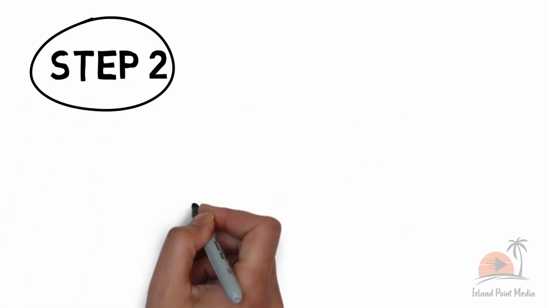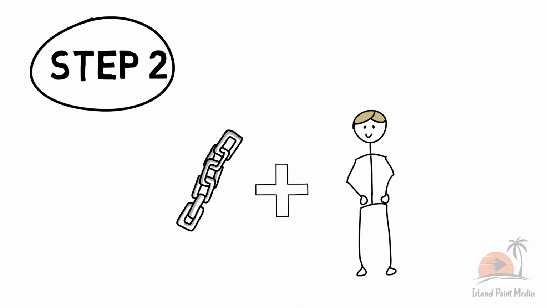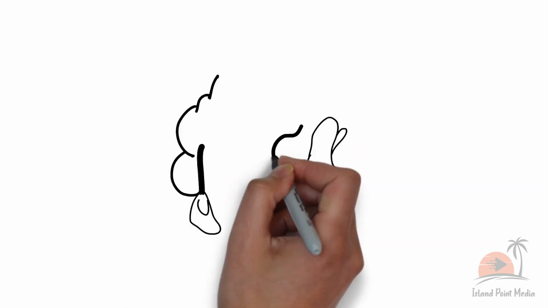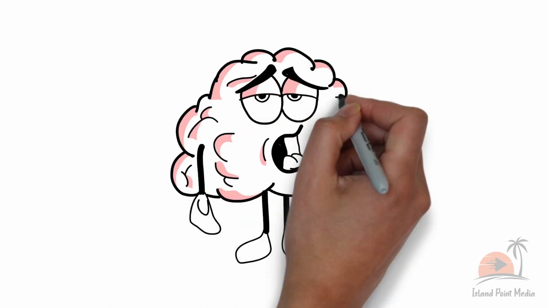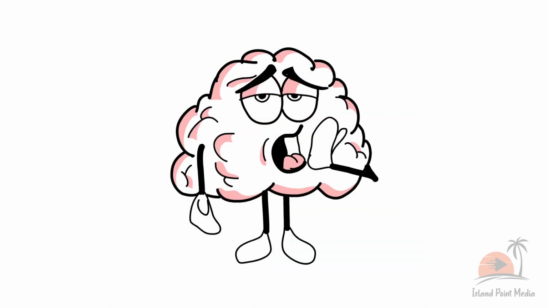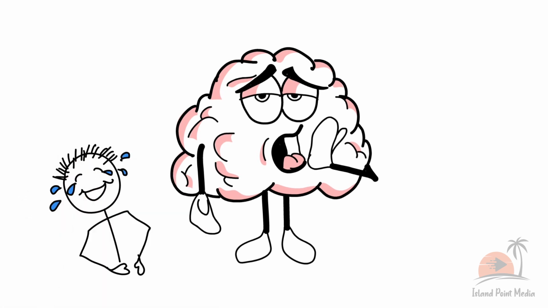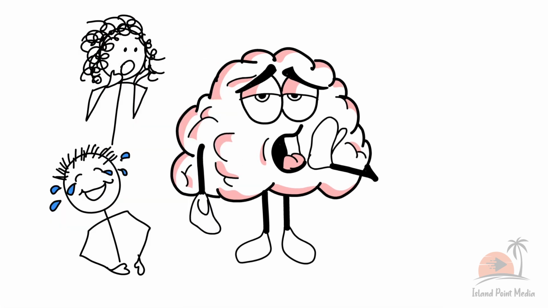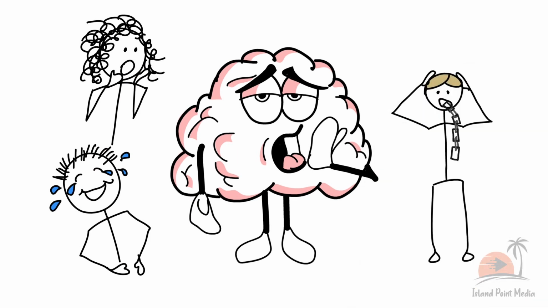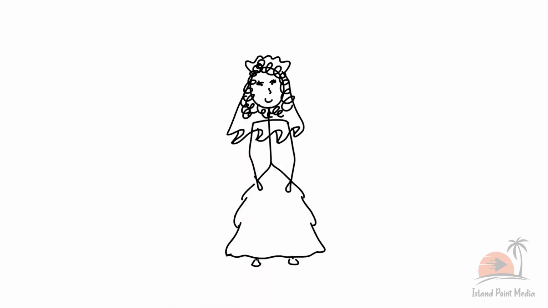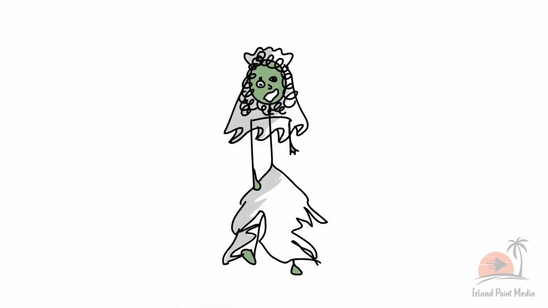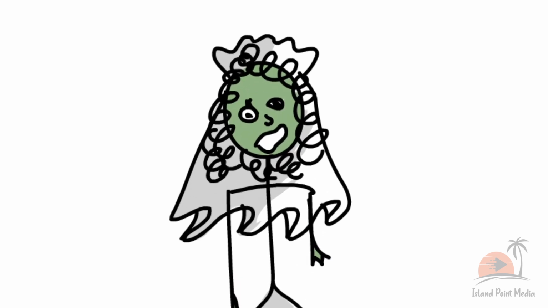Step 2 is to associate it to the person you meet. But we have to avoid another thing we know about brains. Our brains ignore and forget the ordinary, so don't make your association something that is too realistic or boring. The funnier and wackier the image, the easier it is to remember. Be creative. If it doesn't make you laugh or be shocked a little, it was probably too weak. Don't just imagine Mary in a wedding dress in front of you. Go full zombie bride with it. Now that would be a scary Mary.